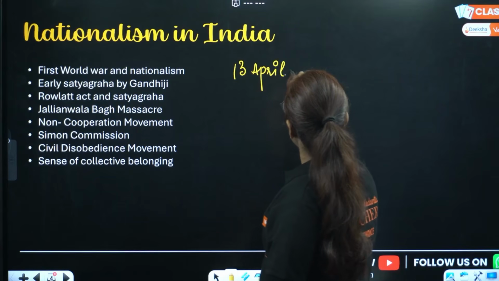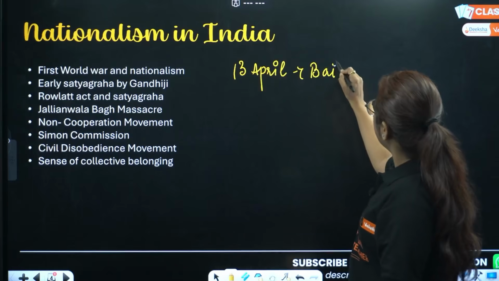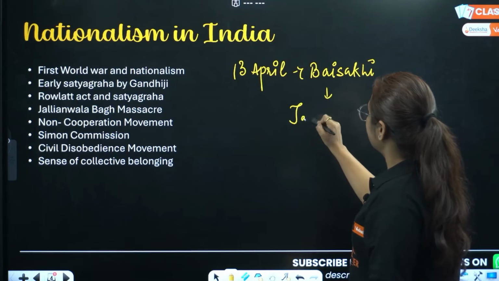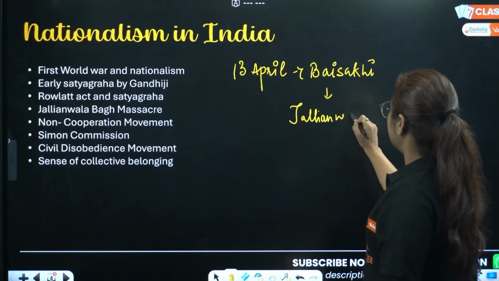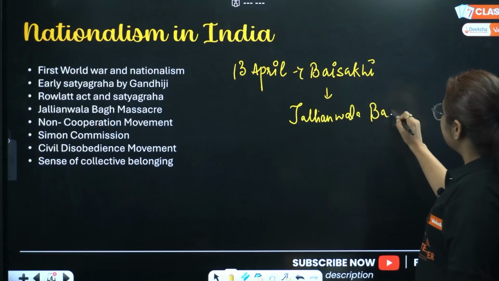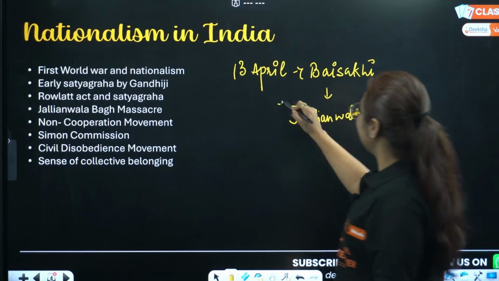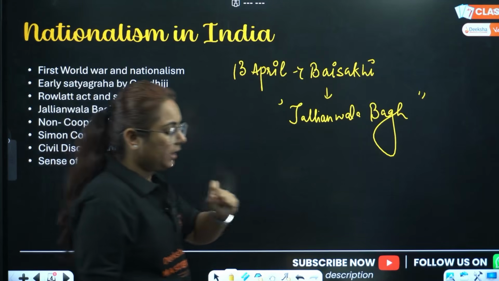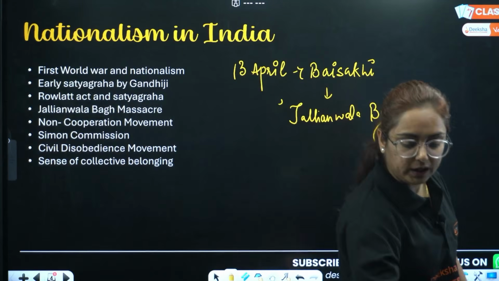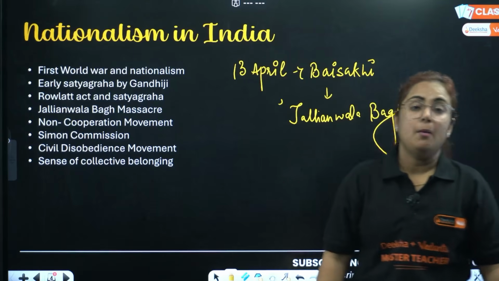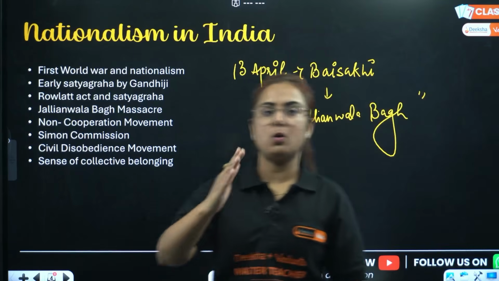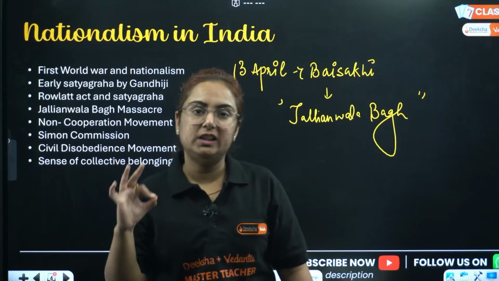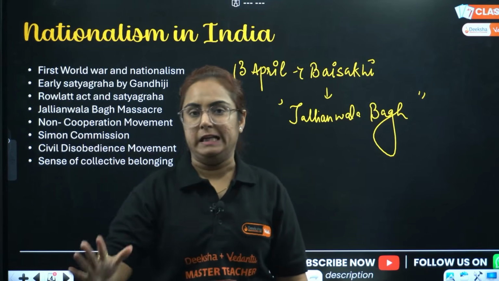There was a celebration, Baisakhi. Okay, in this Baisakhi, an annual fair was organized in Jallianwala Bagh. Okay, in this Jallianwala Bagh, what happened? People gathered to celebrate Baisakhi. Somewhere, General Dyer came, saying that you guys are holding a political meeting here, and started open firing on the innocent people. The Black Act done by the British person in India.